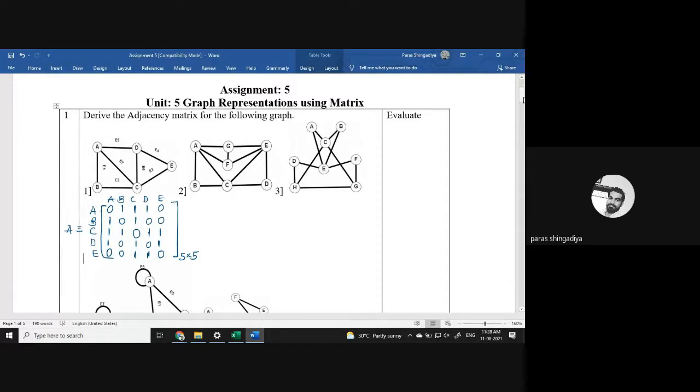Okay, your mid-exam date is extended. Just check the new dates in your MU AMP, in the exam section. Clear? Your date is extended. The exam will now start from 4th September, after Janmashtami. So just check it.